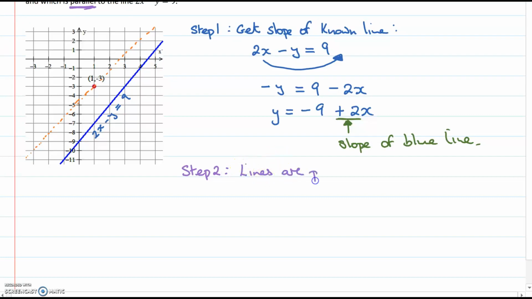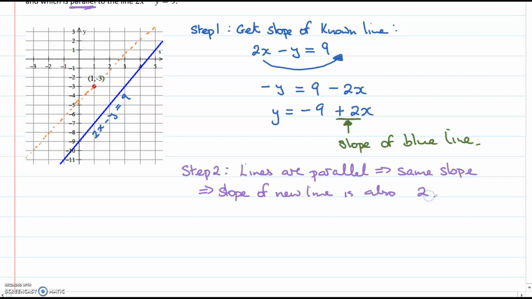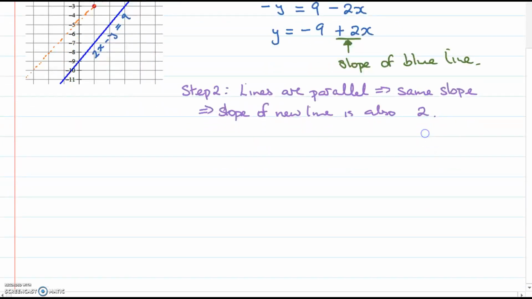The lines are parallel, so that means they have the same slope, and therefore the slope of the orange line, the new line, is also 2. So now we know the slope of the new line. We already have a point on the new line, (1, -3), and basically from here it's quite straightforward. So to get the orange line,